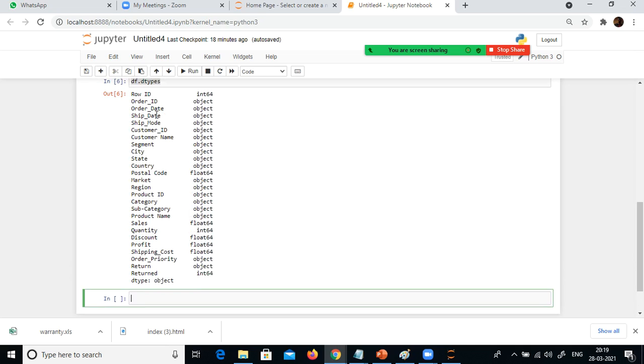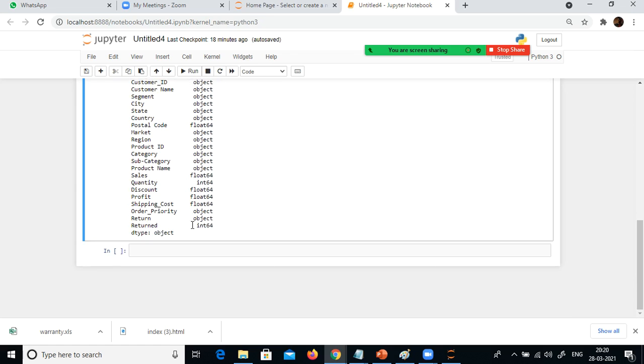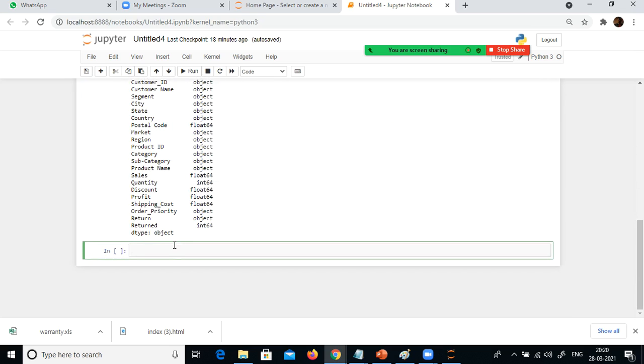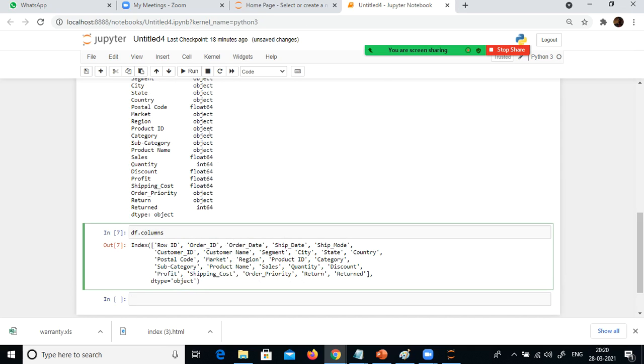And the only thing is, we have not yet started looking at the date format. Anyhow, don't worry, we'll see how to manipulate the data and how to work with data type related columns. Now what we will do is start with data types. Fine, data types were correctly assigned, and df.columns, if you give, gives you all the columns excluding the data type, it simply gives you the columns that are there in your data set.